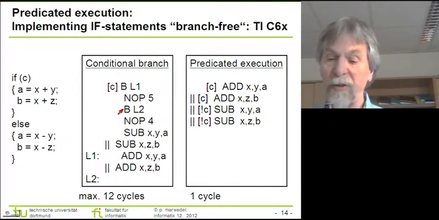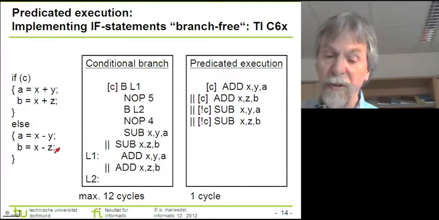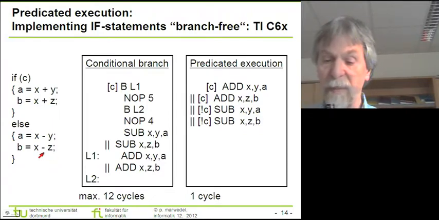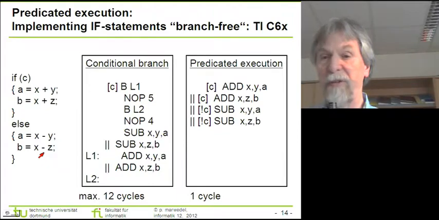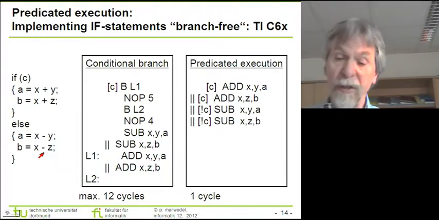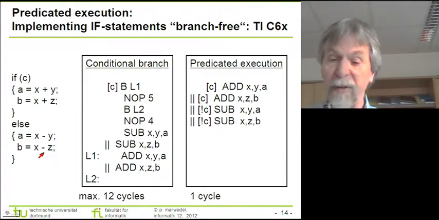We will be branching in the end to label L2. And in this case, we are only using 4 delay slots. And then in the 5th one, we are storing these operations that correspond to these 2 assignments over there. This means that in the worst case, we will be needing quite a number of cycles to execute this if